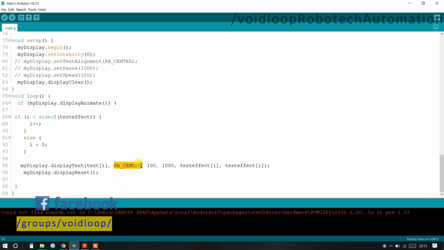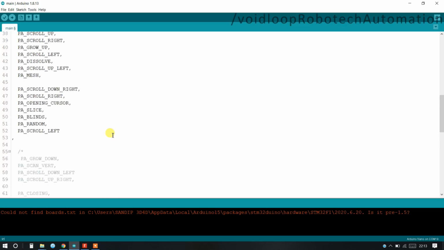PA_CENTER means it will print at the center, and this is the speed to print. This is the pause time, it will stay there and then move. This is the input effect, and this is the exit effect.